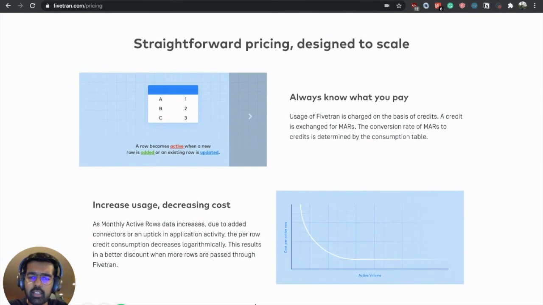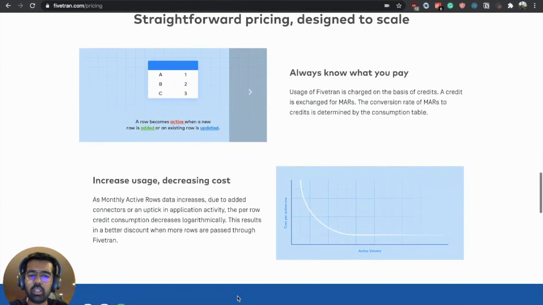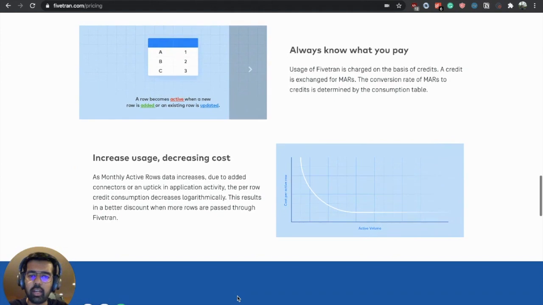I think this pricing is not very standard, and it'll be difficult for someone who's new to a product like this to understand what this pricing means. So I think if there was a video to explain how this pricing works with examples, with actual numbers, it'll be much easier for the user to understand and make the final buying decision. And also, if the pricing is not very standard and the user cannot compare it with the competitor products, then I think Fivetran might be in a slight position of disadvantage.